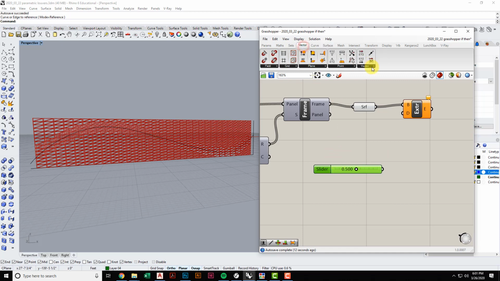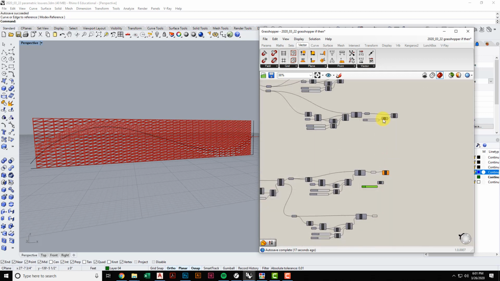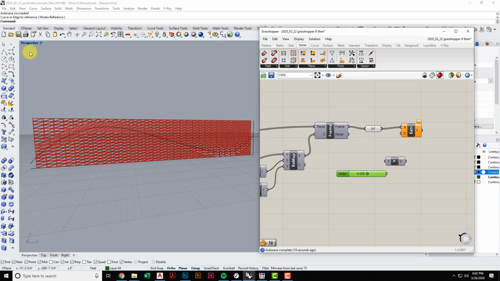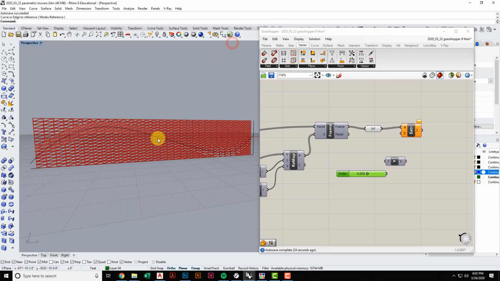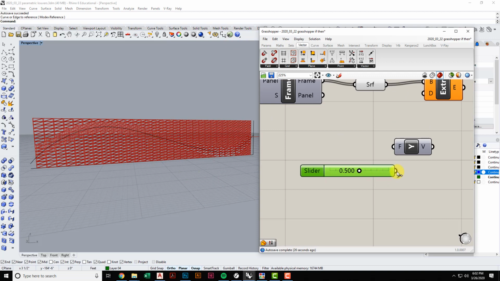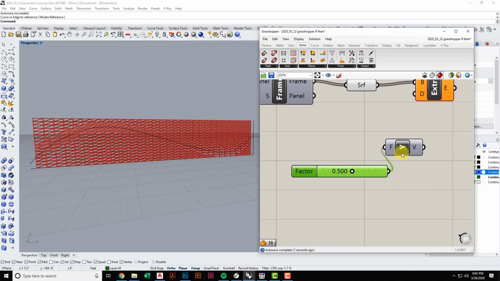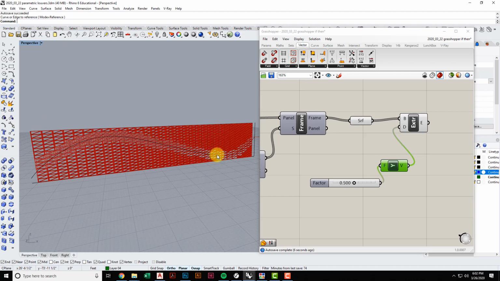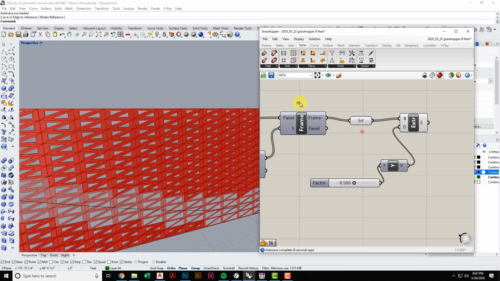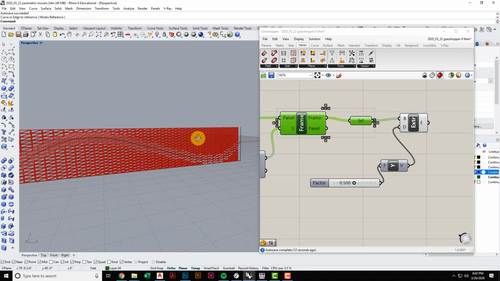So if I go to vector and go to the Y direction, because if I look in plan here, I can see here's my object, here's the Y direction. So I want to extrude along that direction. So now once I plug this in here, now I have Y direction at 0.5, put that into my extrusion. Let it do some thinking. There we go. Now I have some thickened triangle panels,